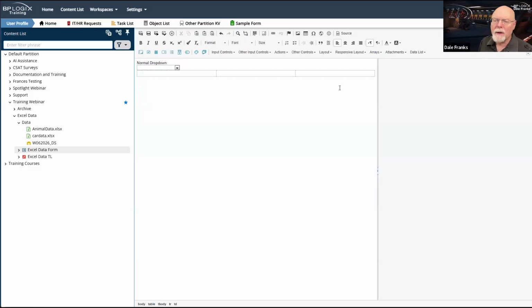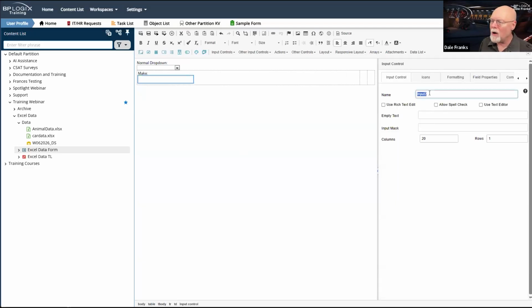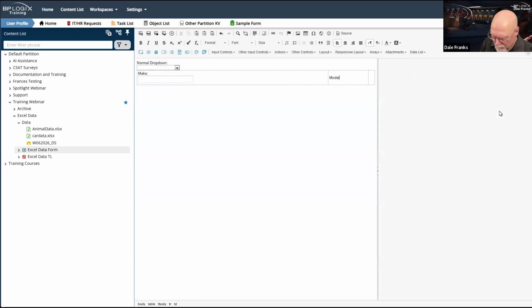There we go. So now I can do this with make, and I will throw in a text box called make. And then over here, we'll have model. Normally, of course, I would use label controls to make it accessible.